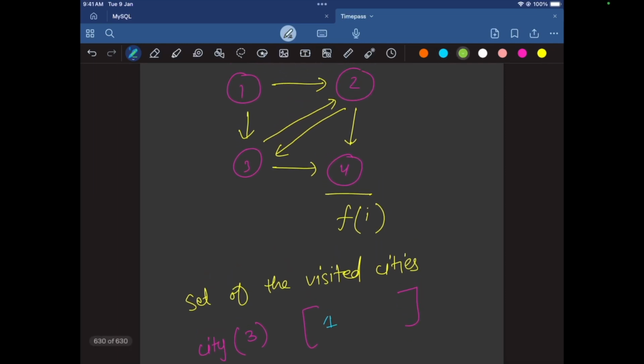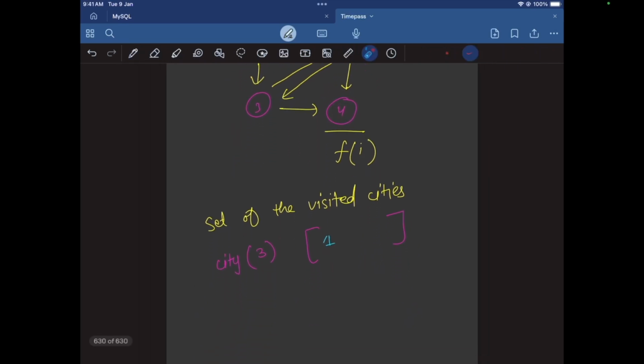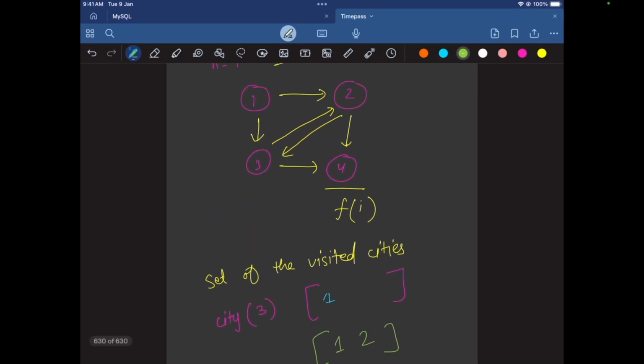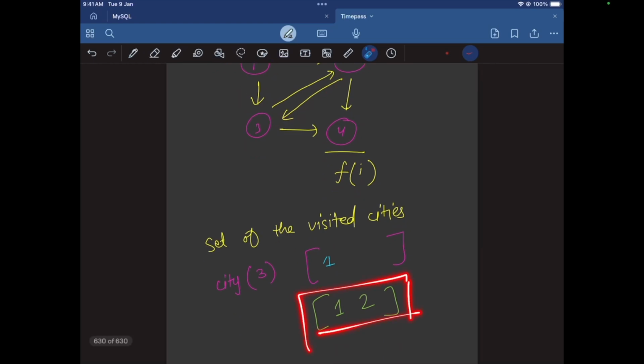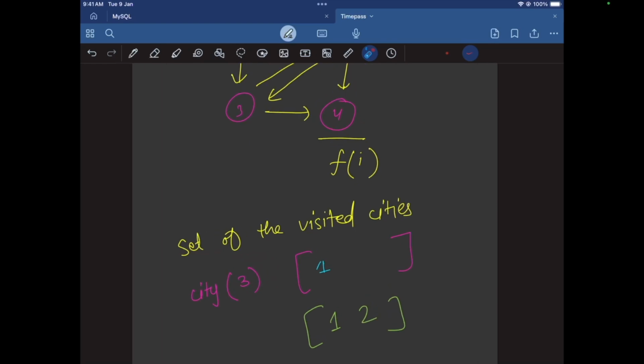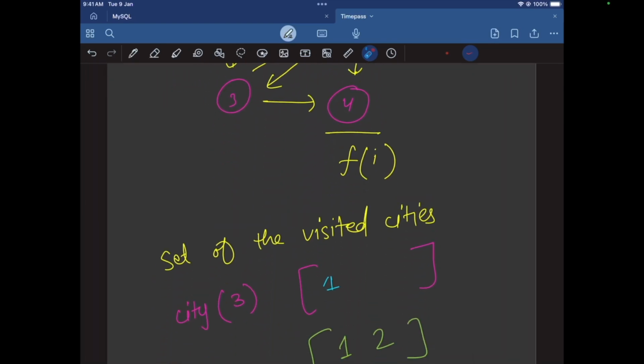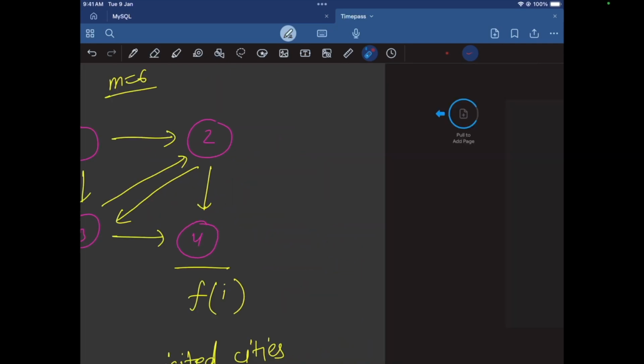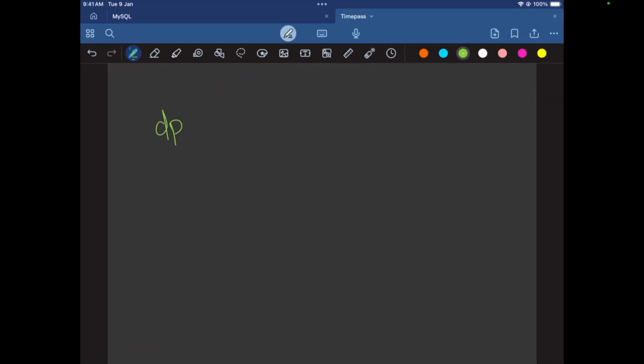You have gone from 1 to 3. Let's say you have gone to city number 3 via 1 and 2. You have followed this path, 1 to 2, then 2 to 3. So you have visited 1 and 2 before going to city number 3. So you have to maintain a set of all the visited cities in your DP state. So your DP state will be of the form DP of the current city that you are going to visit, and DP of all the visited cities